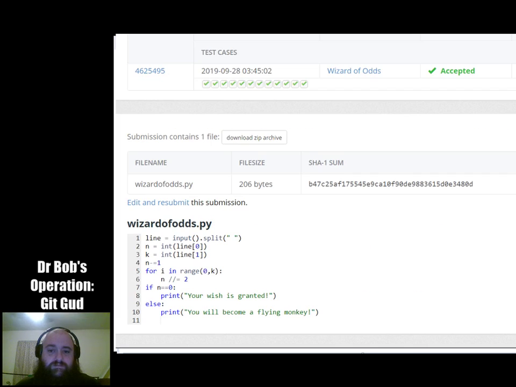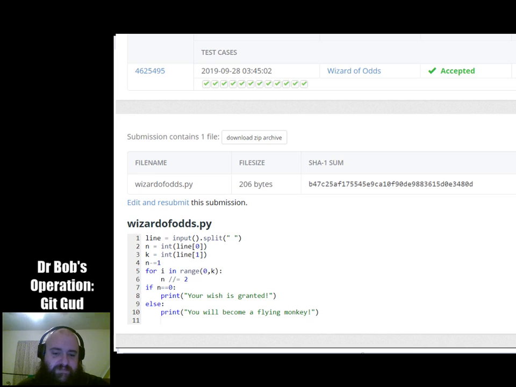But Python 100% has arbitrary precision integers by default. So all you had to do is input the line, split it into two pieces, n and k, and then what I did was I just divided n minus 1 by 2 k times, and if it got me to 0, then I said true, otherwise false.